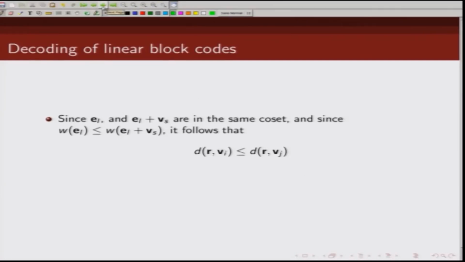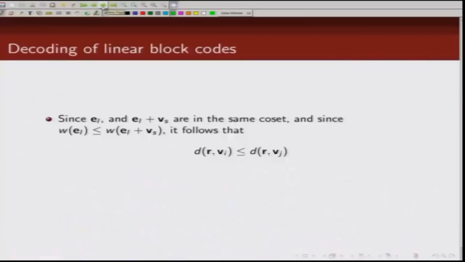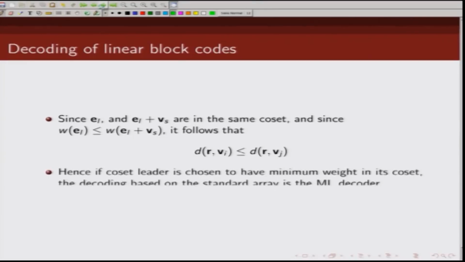As I said, since EL and EL plus Vs are in the same coset and our coset leader has minimum Hamming weight, the weight of this is less than or equal to the weight of this, so this will always happen. In other words, Vi will be closer to R than any other code word Vj to R. So, this will be our correct decoding. If we choose our coset leader to be the one which has minimum weight in that coset, the decoding will be a maximum likelihood decoder, because the maximum likelihood decoder for a binary symmetric channel, we have said, is the one which minimizes the Hamming distance between the received code word and the selected